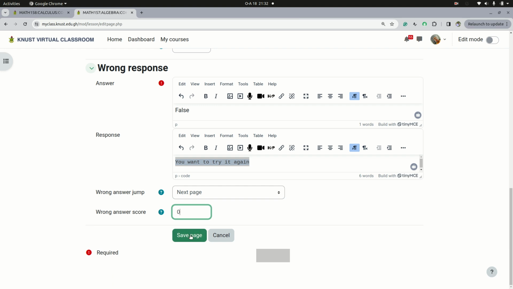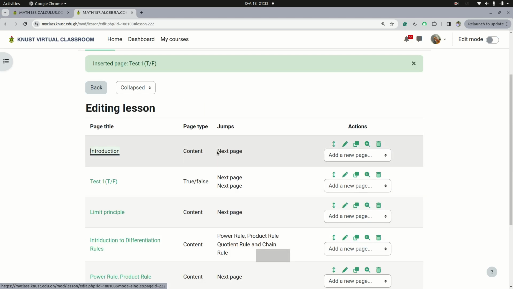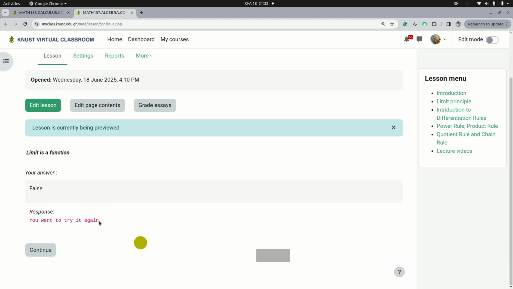Okay, so let's see where it is. After the introduction, there will be a true and false question to take. So let's preview it and say limit is a function, true or false. If I choose false and then I submit, let's see what happens. It says your answer is false. The response, you want to try it again, continue. Okay,